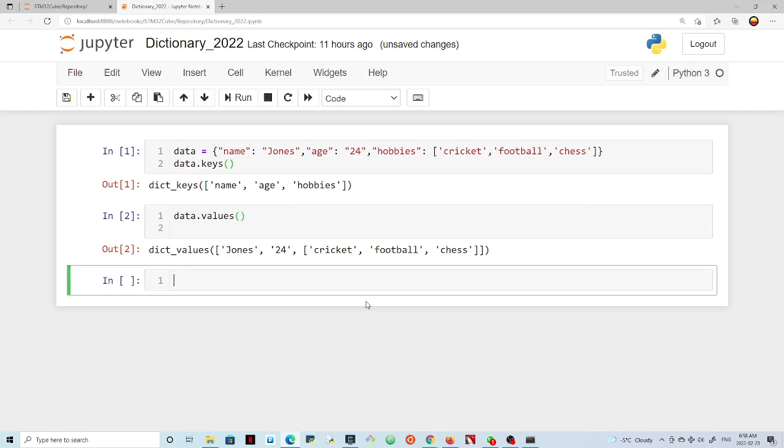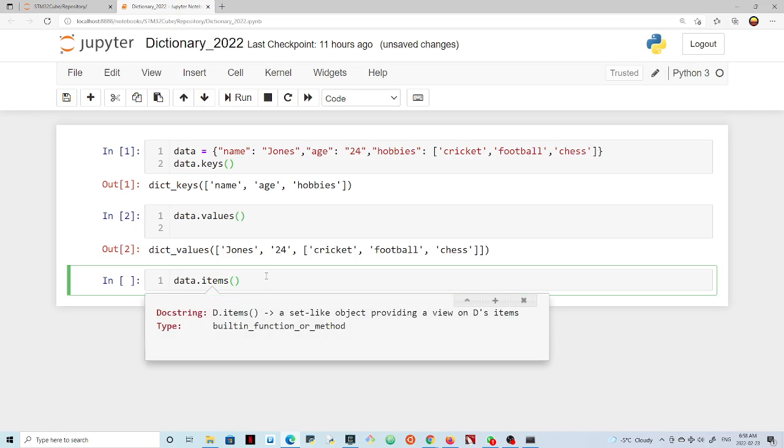So if we run that function now, let's say data dot tab, and here you see items with parentheses, and if I try to see within this function, d dot items, okay, maybe it's a set-like object providing a view on the dictionary items. Okay, so if we run this,